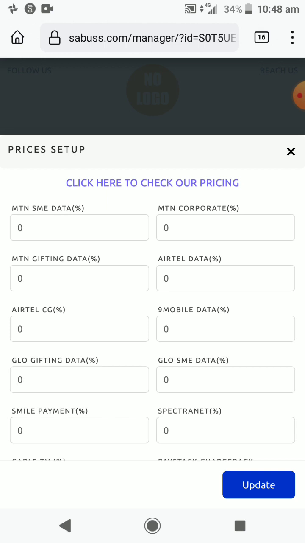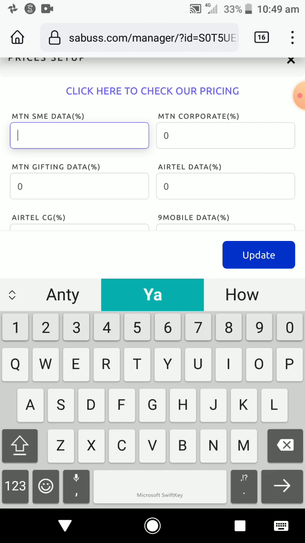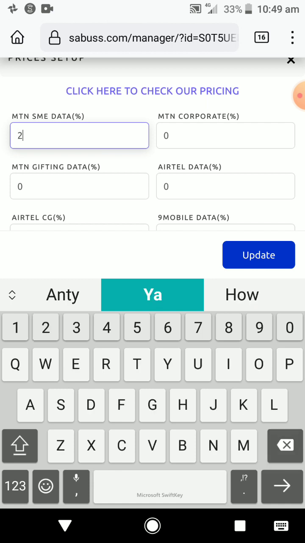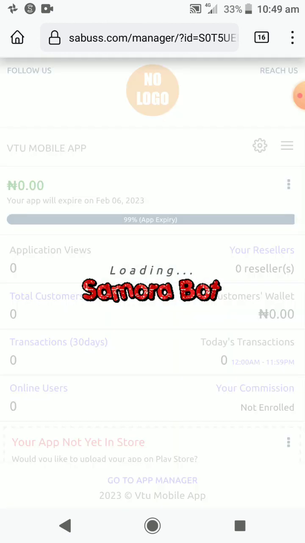So now it is left for you to set up your price, the price that you'll be selling to your own customers. And under here, you are to add the percentage you want to add as your own profit. You are buying at the rate of 225, so how much will you sell to your own customers? I can decide to make it maybe 10% profit or even 20% profit, any amount. It just depends on the amount you set. For example, if I set it on 10%, now let me click on update. Once you click on update,